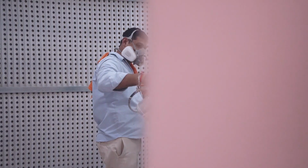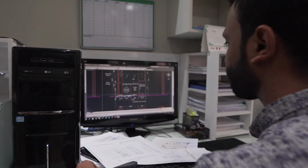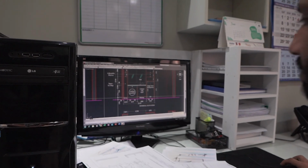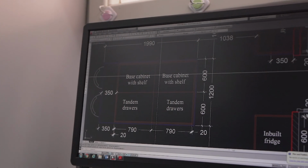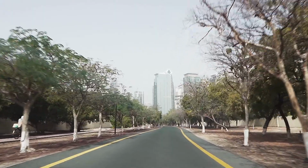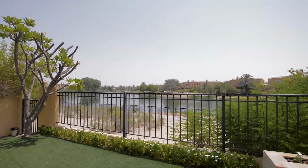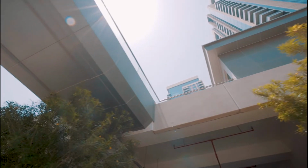The owner of the company, Karen, met my father, David, who had 40 years experience in kitchens and bathrooms in Scotland, and he brought with him the expertise and knowledge about delivering professional product to the market here at a better price. Predominantly our work is in Emirates living area, Arabian Ranches, Victory Heights, the Green community, and we deal